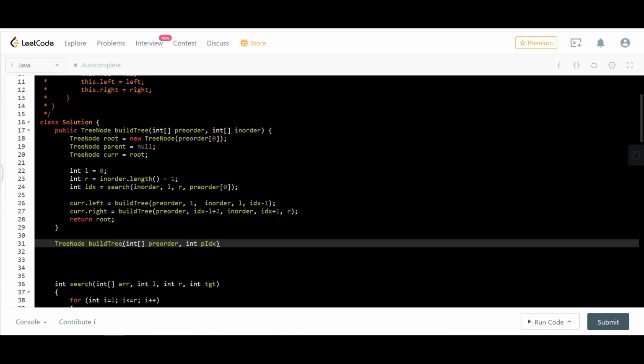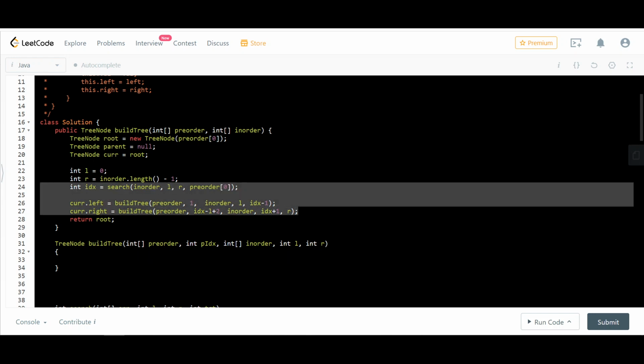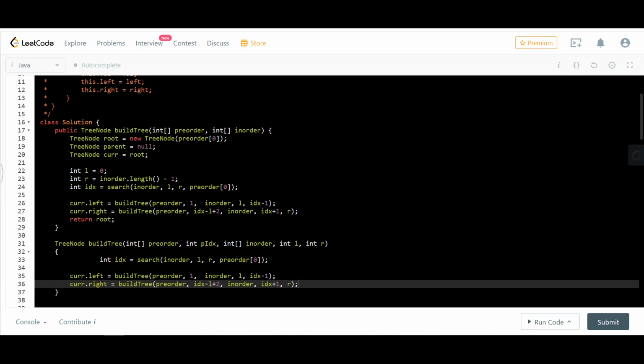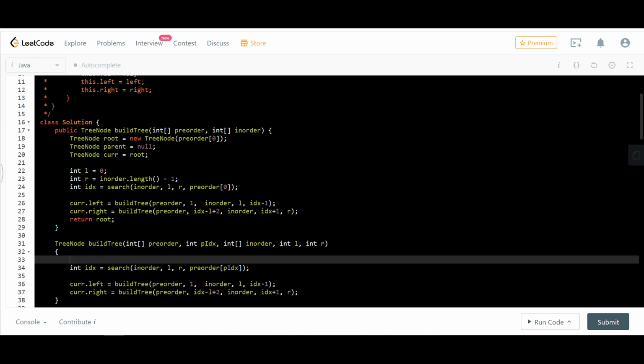This is the pre-order index that I'm checking. In order, this is left and right. Okay. Now what am I doing? I will be doing the same thing actually, which is this much. So I find this in what? Okay, so pre-order of p index. That's some difference. So I find this element, and before all of this, there's another thing to do, which is